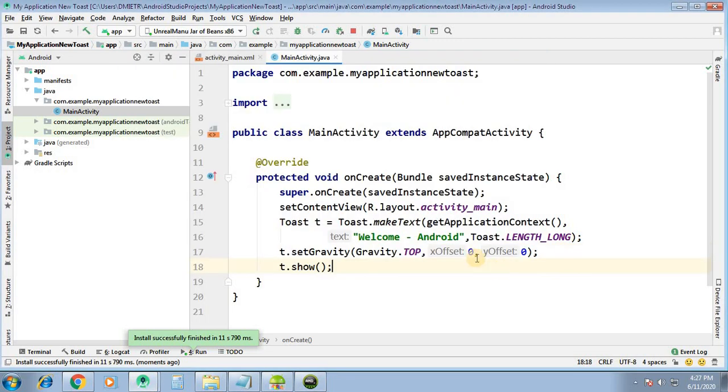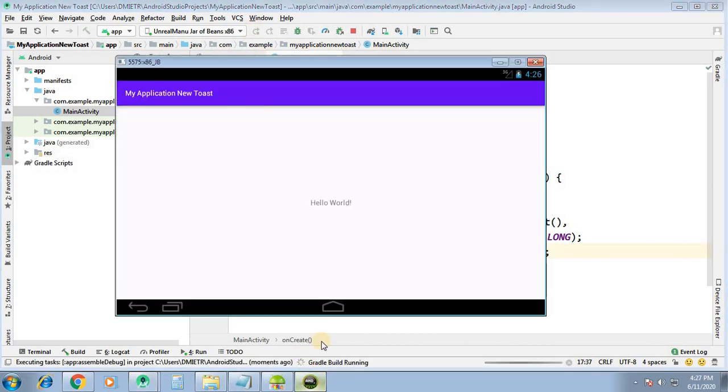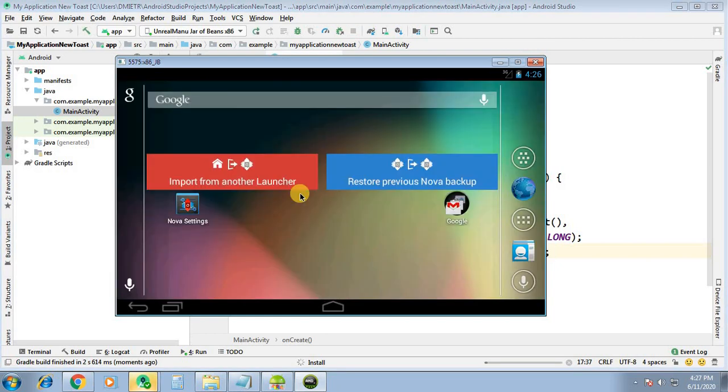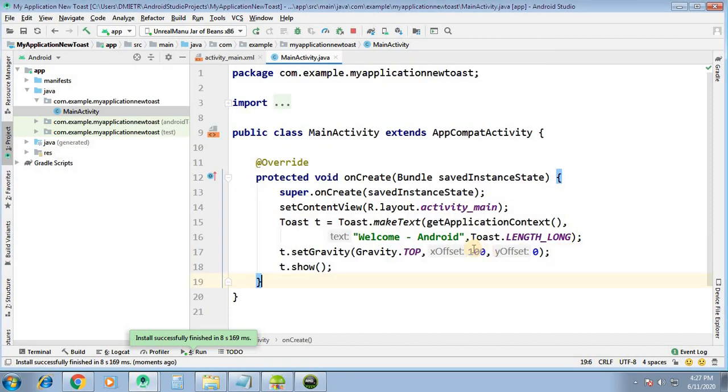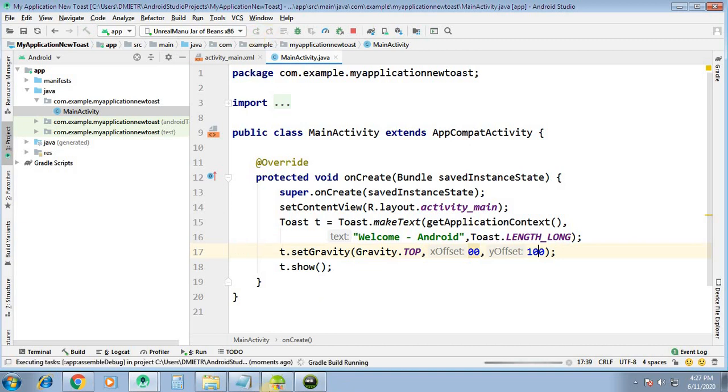Now we will change this xOffset. I am changing the xOffset to 100, then it will shift 100 pixels along the x axis. Now you can see it shifts from the top by 100. Suppose the yOffset is 100, then what happens?